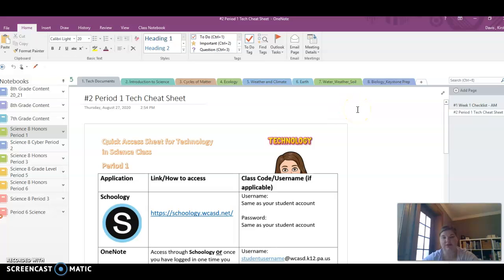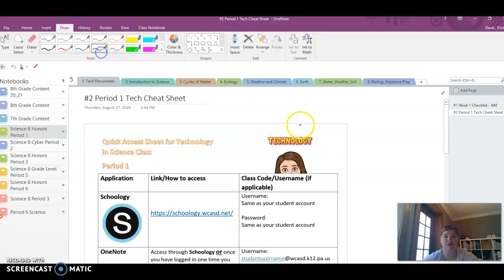So for this intro to OneNote, I just wanted to show you how it's organized. Your binders appear on the left-hand side. Your documents appear on the right-hand side. These are the pages that would be inside the dividers of your virtual binder. There's plenty of neat features that you can play around with. You can draw